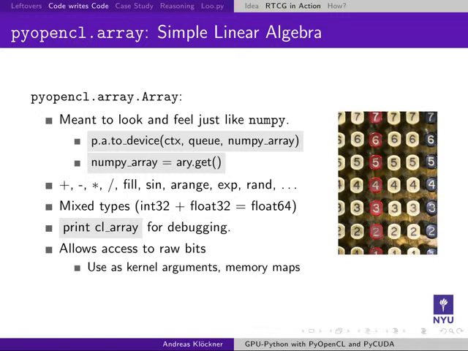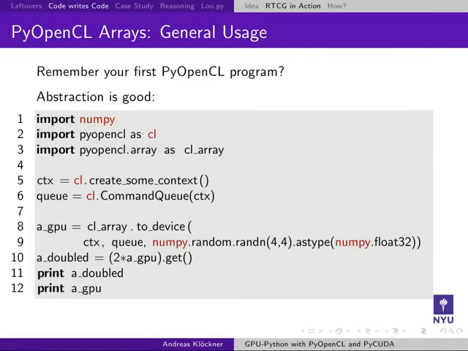You can print stuff for debugging, and you can still get to the raw bits and run your own kernels on these. So I'd argue many things that you might do on GPUs end up being vectors of some sort, and all the operations on that you don't have to code explicitly anymore. So this is the example that you saw. You take an array of random numbers, you transfer it to the device, multiply by 2, get it out,